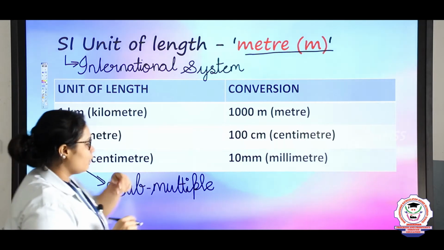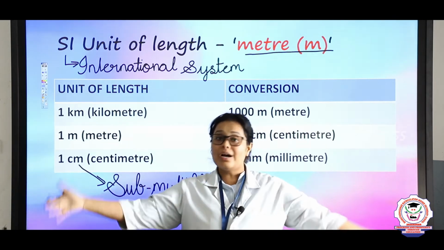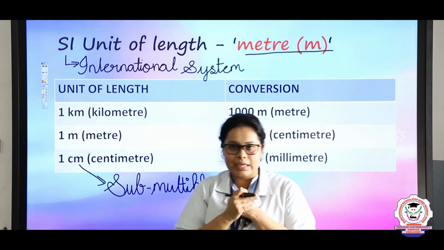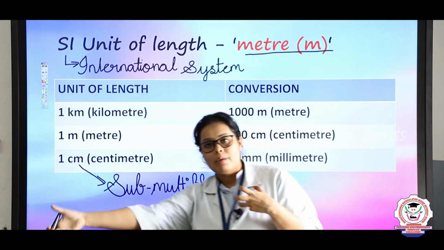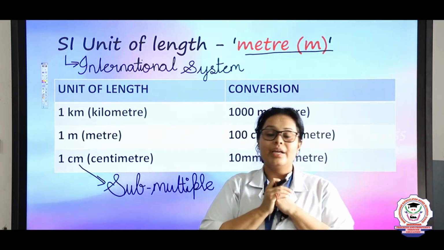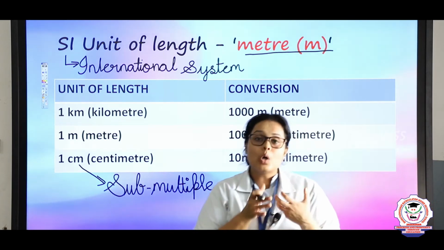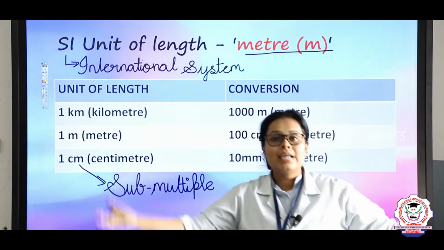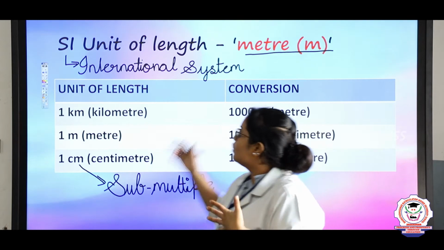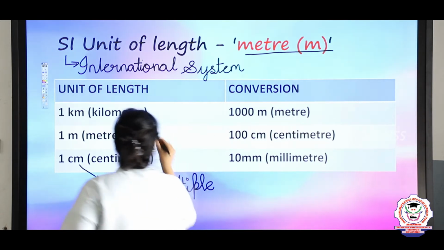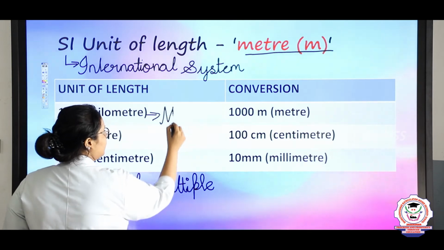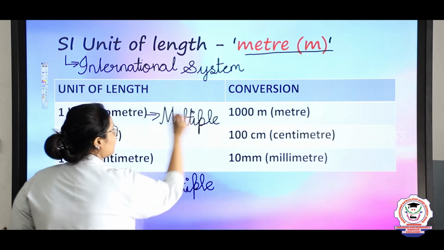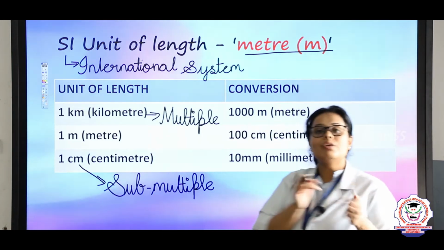And in the same way, when we are measuring the distance between two larger places, for example from India to abroad, say the USA, you cannot measure in meters, right? It would be such a long decimal number. That is why you need a multiple. Multiple means a multiplied, bigger number. That is kilometer. So what is kilometer, children? Kilometer is a multiple.